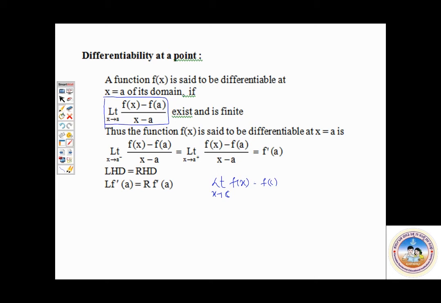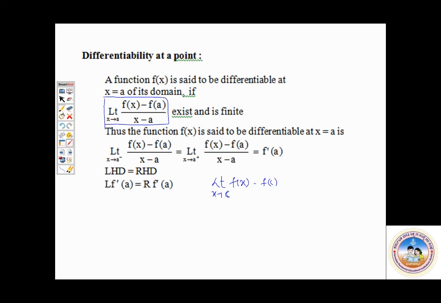Not just continuity, it is an application of both the function chapter as well as the limit chapter. If this limit exists, so don't confuse the two. This is for differentiability you are applying the limit, this is for continuity you are applying the limit. Understood? If this limit exists, that is, when the left hand derivative and right hand derivative exist and they are equal, then we say that it is differentiable.